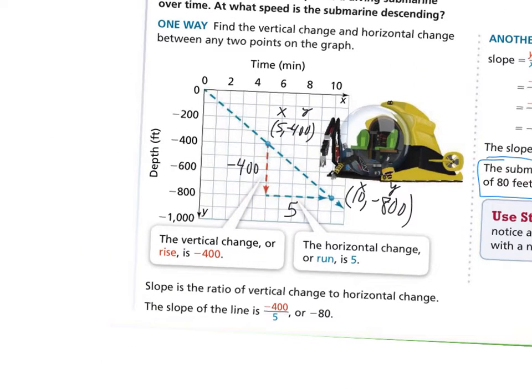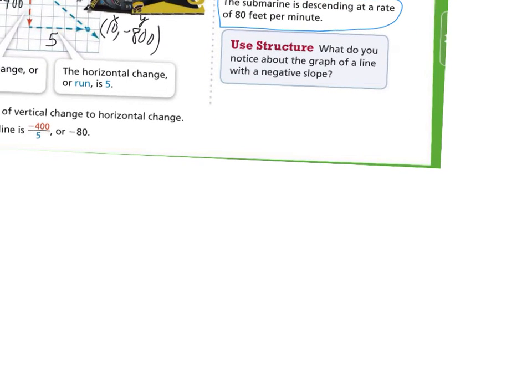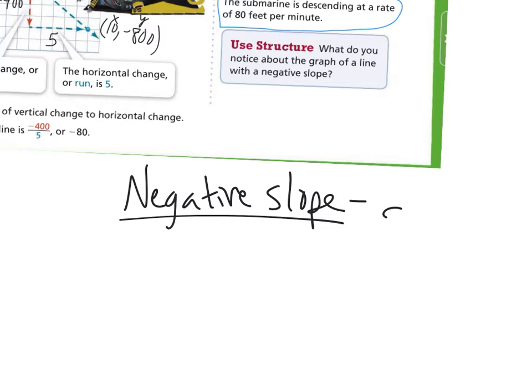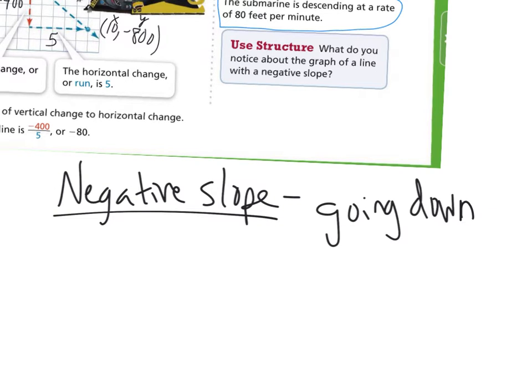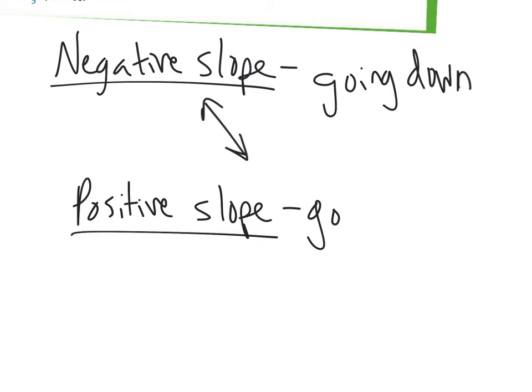And so if you look at that, actually what's happening is, if you look at the line of a negative slope, it is going down. The line is going down if we have a negative slope. Okay, so kind of like this. If we have a positive slope, the graph is going up